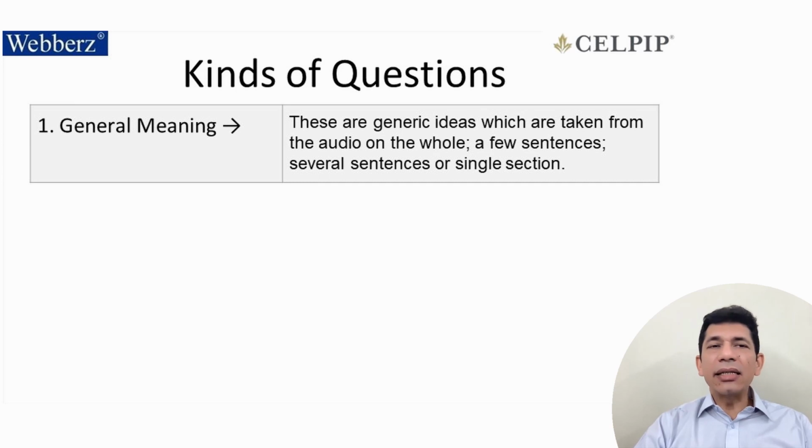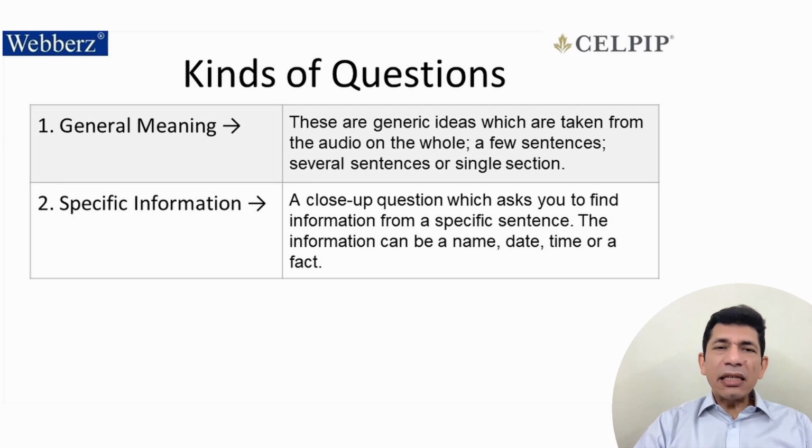There are 3 kinds of questions. Number 1, general meaning. Number 2, specific information. And number 3 is inference questions. Now, what exactly is a general meaning question? These are generic ideas which are taken from the audio on the whole, a few sentences or several sentences or a single section. Specific questions, in which a close-up question is asked and you have to find information like name,